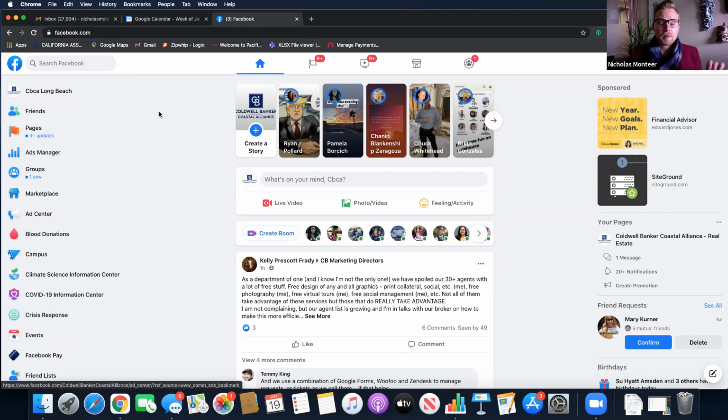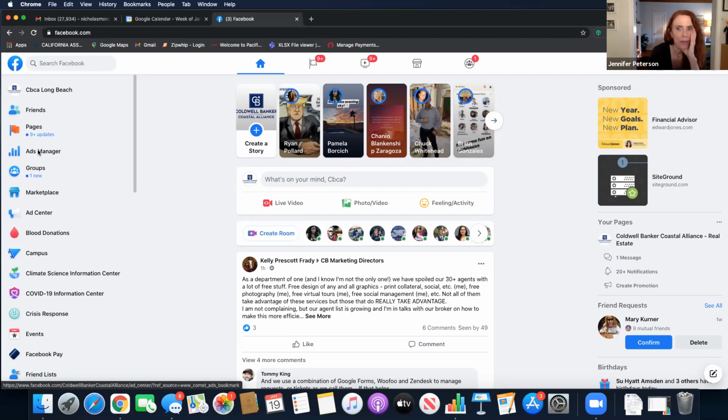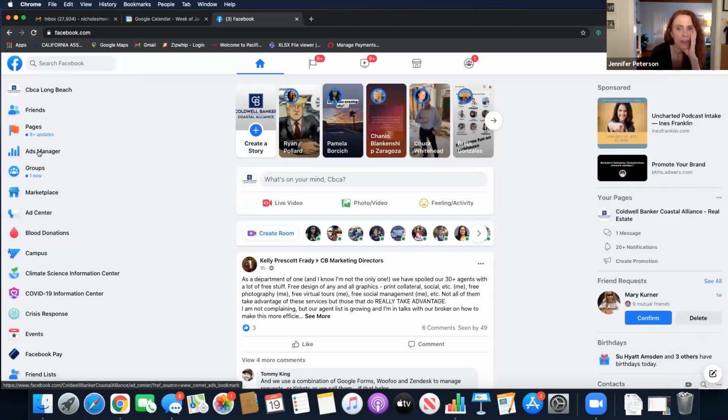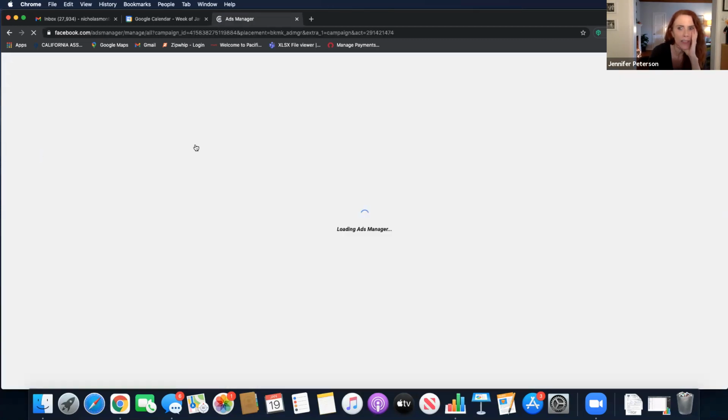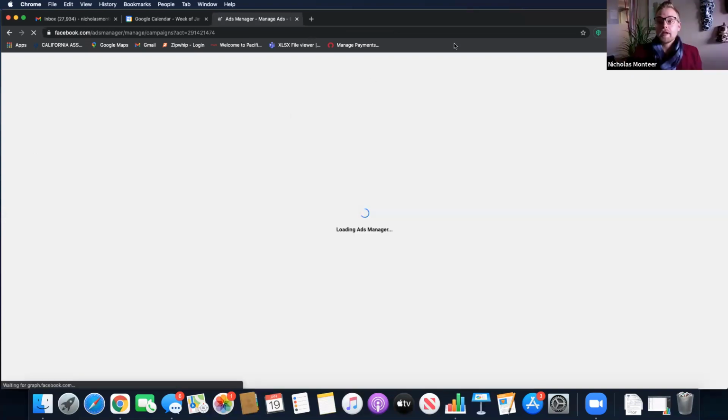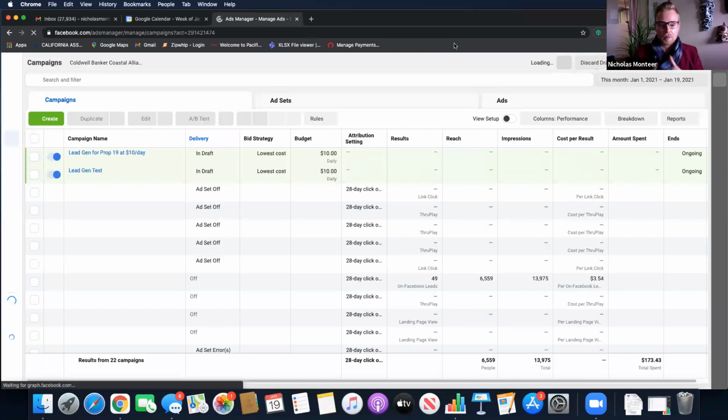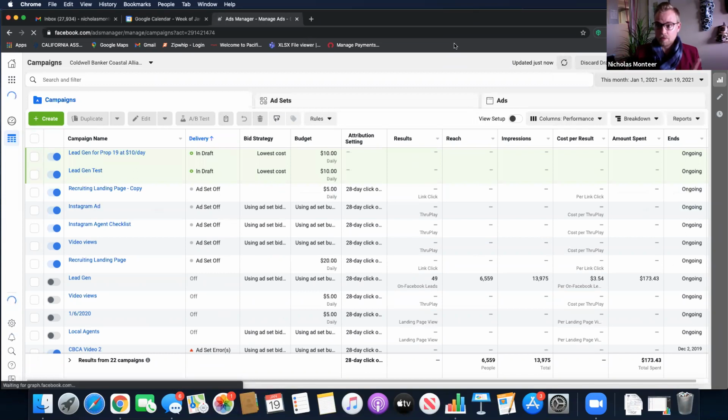So you can always go to facebook.com/adsmanager too, just so you guys know. So facebook.com/adsmanager will also take you to your Ads Manager. It just will probably require you to log in. Don't you have to have a business page to have an Ads Manager? Isn't that right? Oh yes, keep in mind, yes. I hope you guys know you do need a business page. You will not have an Ads Manager if you do not have a business page. Does that make sense? I assume most people on this call probably have a business page.